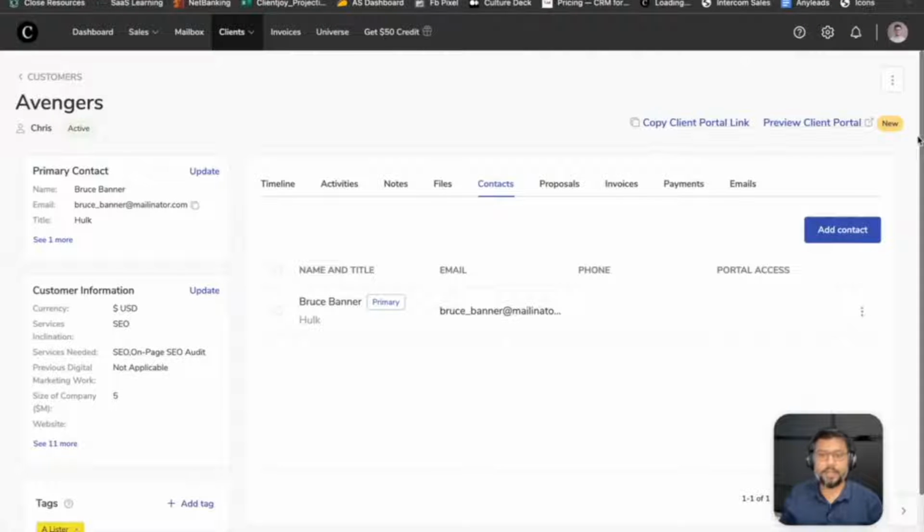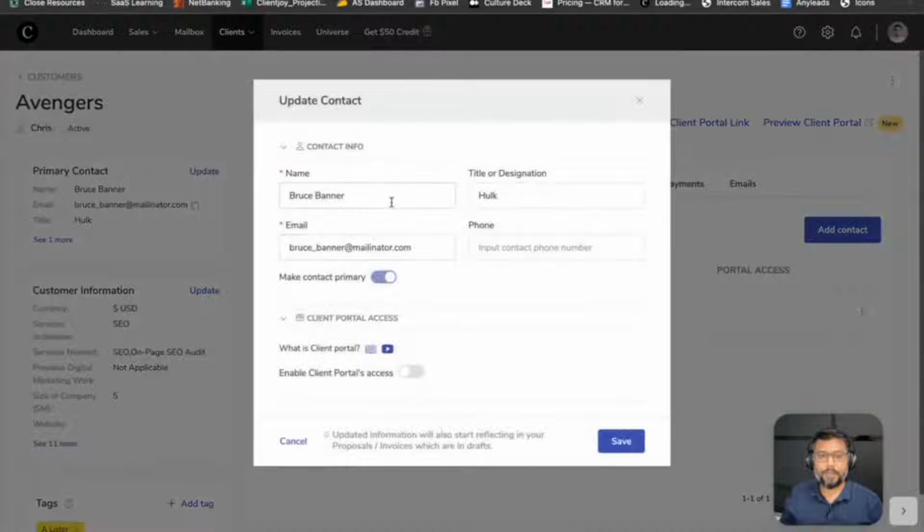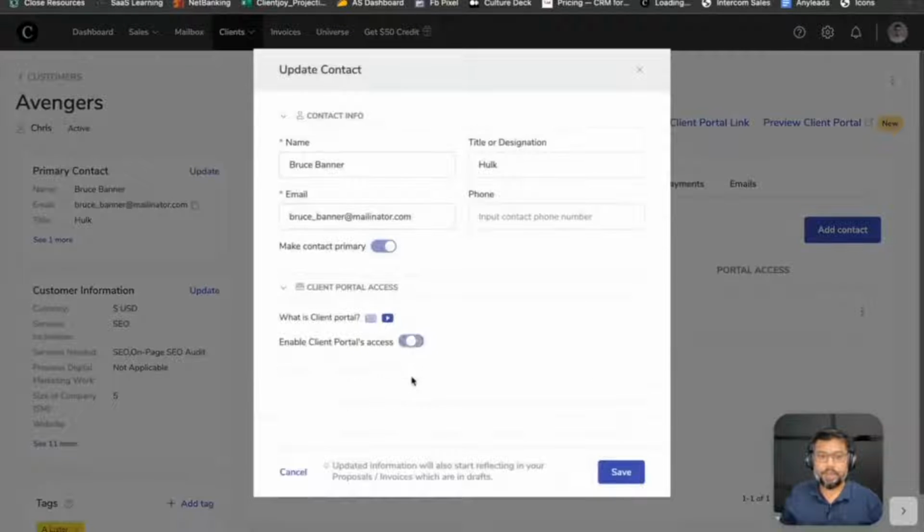However, we'll do that in a bit. But for now, I see that Bruce does not have access to the portal. So I'll just click over here. I'll click on enable client portal. I'll go over here and I'll enable client portal